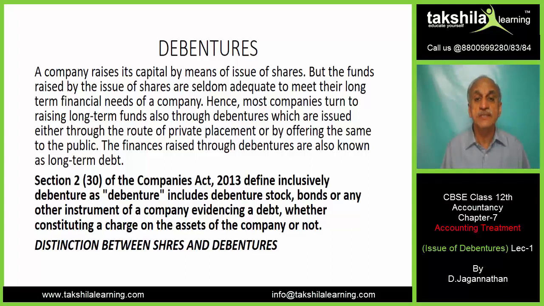A company raises its capital by means of issue of shares. But the funds raised by the issue of shares are seldom adequate to meet the long-term financial needs of the company. I am just trying to give a logic as to why a company issues debentures. It issues shares to raise share capital. There are two reasons. One, the company may not be able to raise sufficient share capital. Why? People will only contribute when they are confident that the company will make profit to give them dividends. Alright? And there is a limit